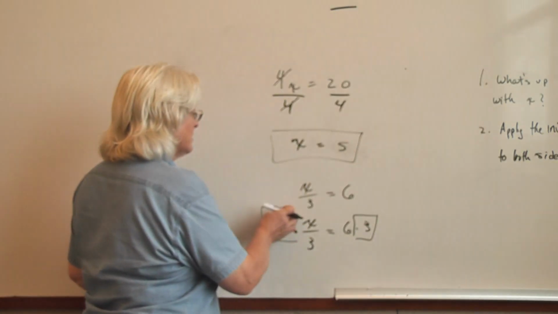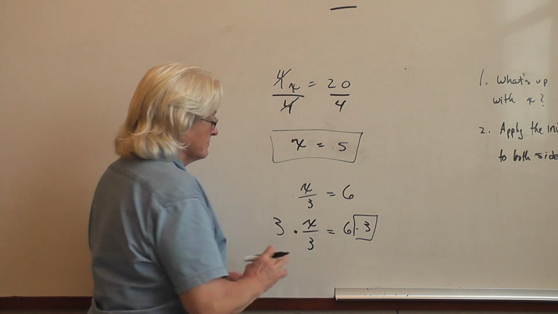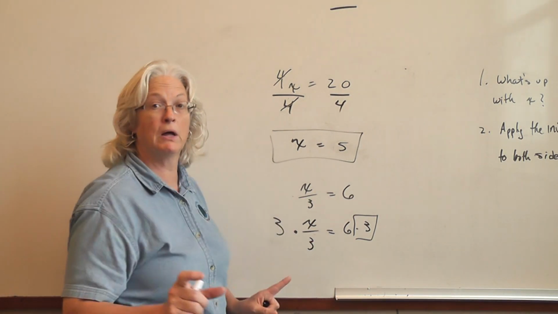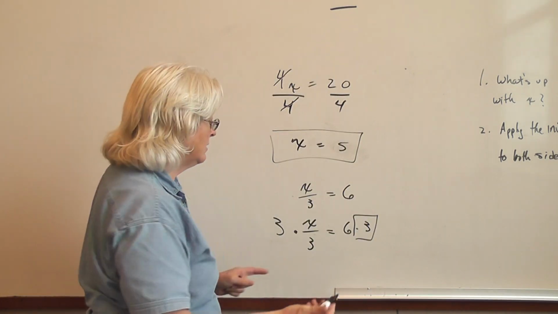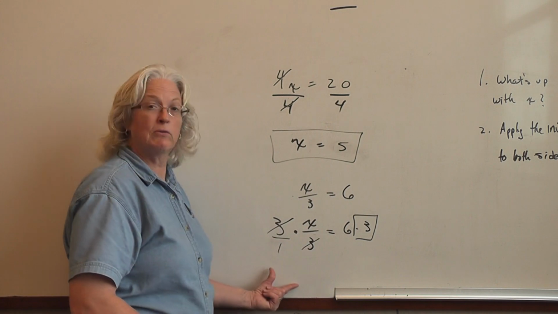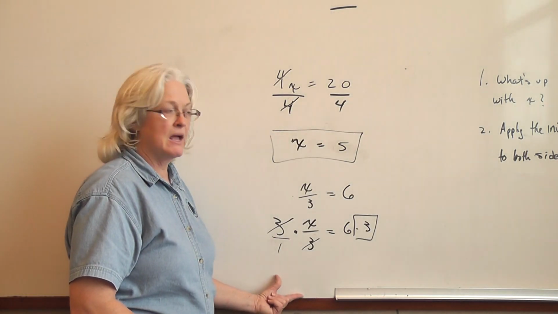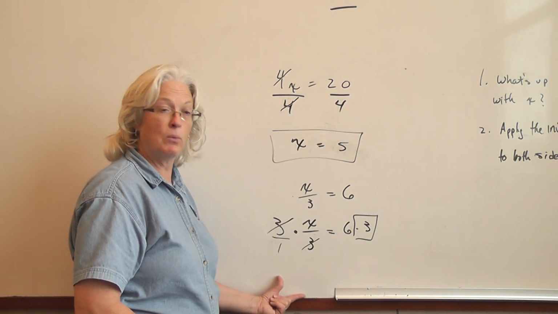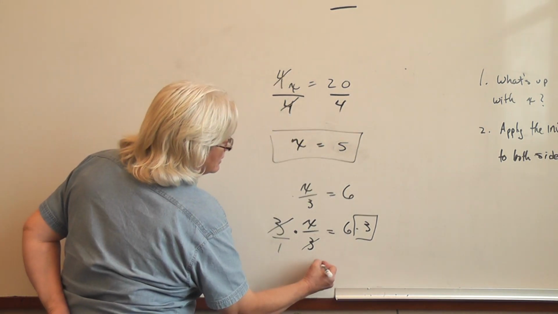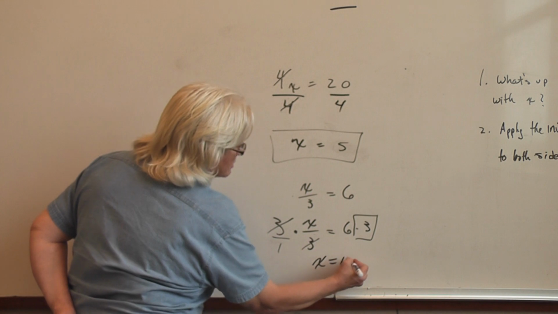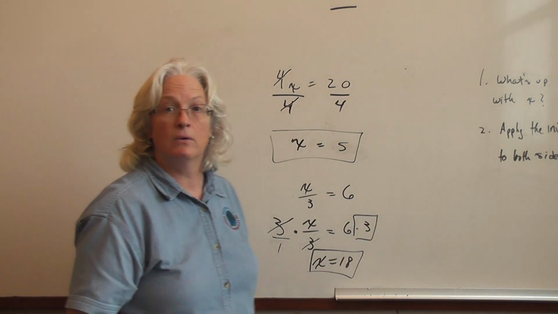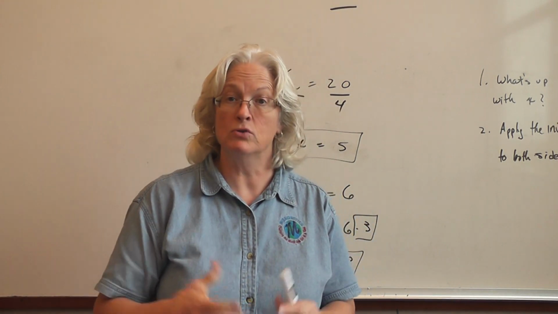This here could be written as, if it's difficult for you to see and to understand that you are multiplying by a fraction, 3 over 1, and that you can cancel common factors, rewrite that whole number as a rational expression divided by 1, and then it's obvious that you can cancel numerator and denominator. You have x, 3 sixths are 18. Okay? Brief review of how you solve